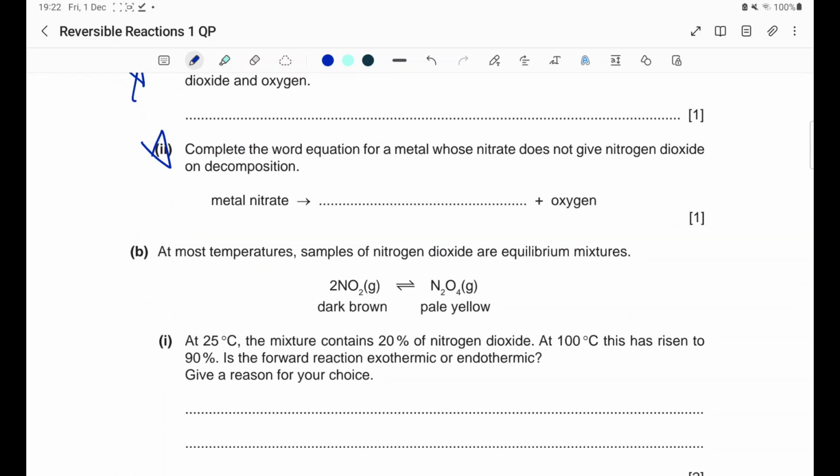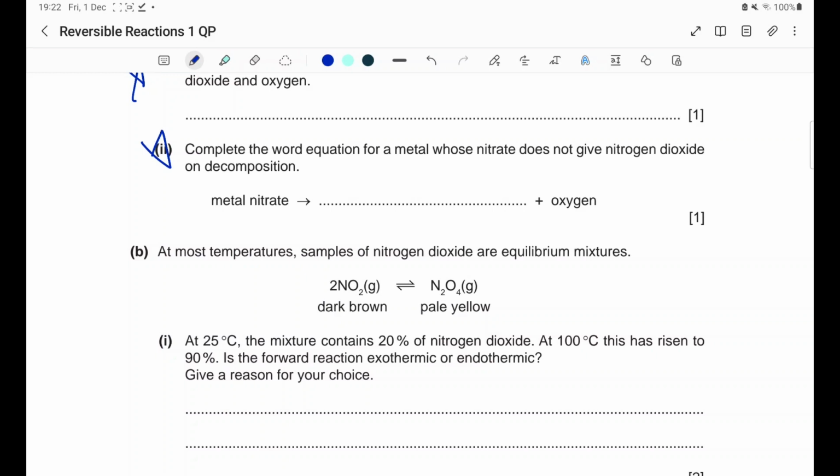At 25 degrees Celsius, the mixture contains 20% nitrogen dioxide. At 100 degrees, this has risen to 90%. Is this forward reaction exothermic or endothermic? All right, so